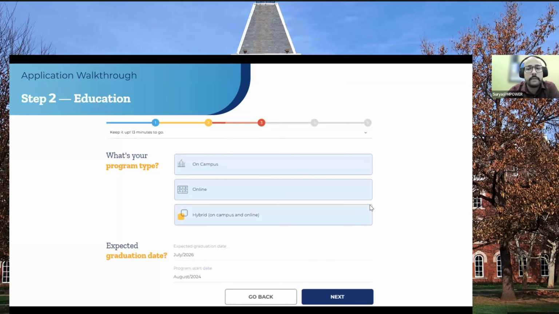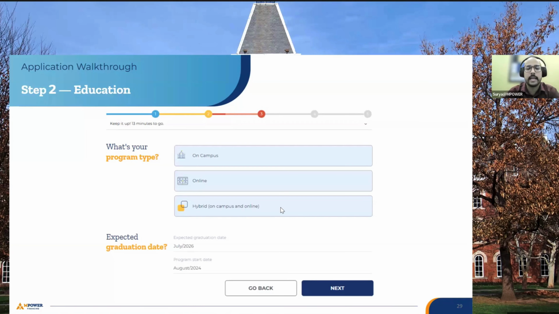Then there is a very important step, where we would like to understand whether your program is on campus, online, or hybrid. I'll take two minutes here to give you a brief understanding of these three options and clear all your doubts regarding what online, on campus, or hybrid means. One of the most important things you need to understand is that before Empower can give you any kind of loan, or let's say your application is being considered, you have been given an approval and everything is in your favor, we will only disburse your loan if you have a verified visa available with you.